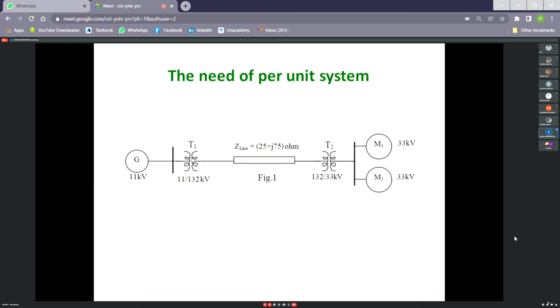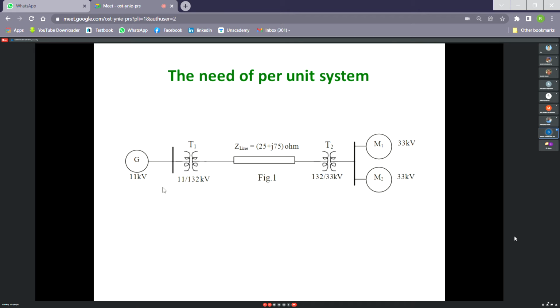So here, all are three phase. If it is balanced, we can represent them on a per phase basis. There is no issue. For every component, per phase representation is there. But when we are considering a total power system, the voltage and current level change abruptly from one bus to another. So that's why we need a platform where we can handle this drastic change of voltage and current, and have no need to bother about it. Say, in a per phase system, we can connect the total system through their equivalent circuits.